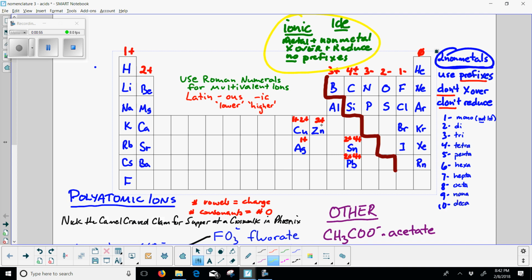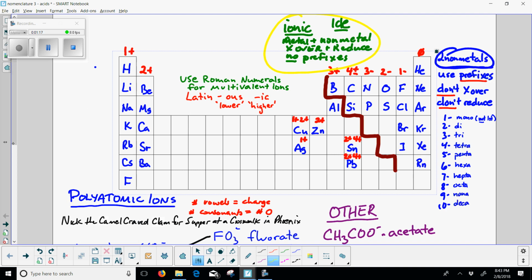They are the multivalent, and you're going to be using the Roman numerals to indicate the charge of these. You're going to have copper, zinc, tin, and lead. And you can also use the Latin method where "ous" means the lower. So cuprous, for example, would be one positive, and "ic" is higher, so cupric would be the two positive version